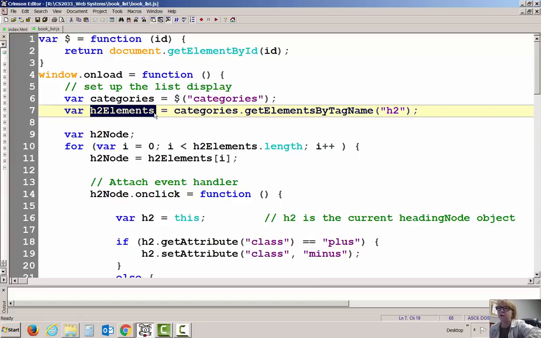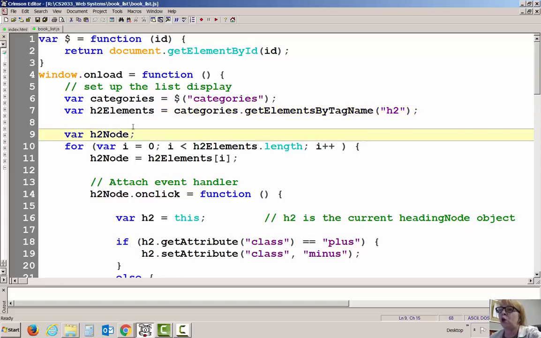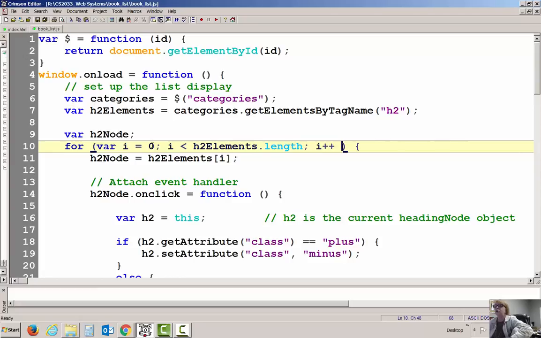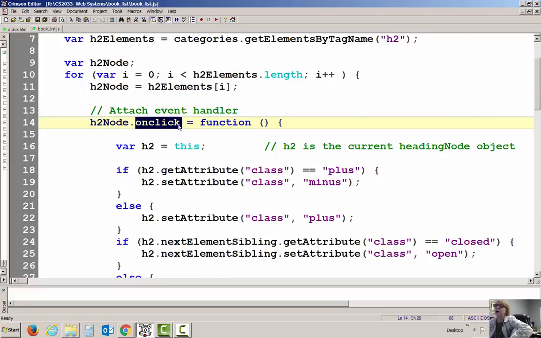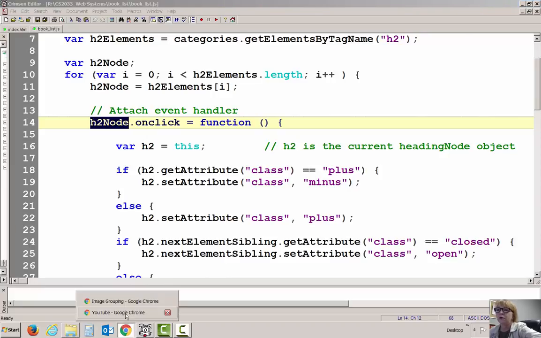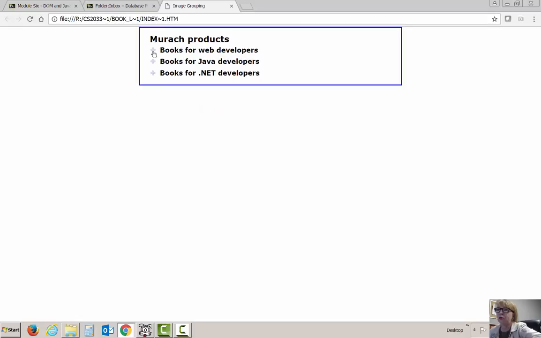So I have my array of H2 elements, and I'm creating an H2 node that will hold the individual element of the array. So like any array, when we're ready to cycle through, all we have to do is work with our for loop. And we process the length of the array. So here's what we're doing. Okay, remember our events in Java, how we used to register our handlers? Well, we do pretty much the same thing in HTML and JavaScript. So I get one of my elements, and I have my event attached to it. Now when I click on my H2 node, which are these right here, are H2,